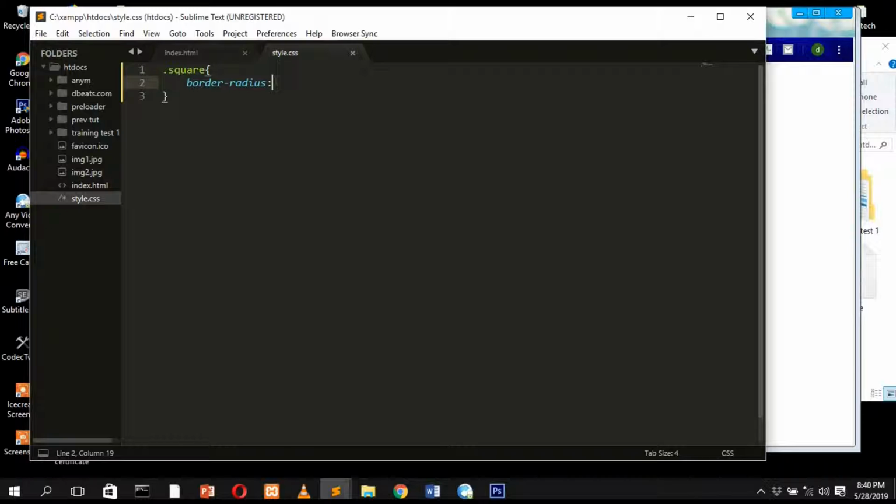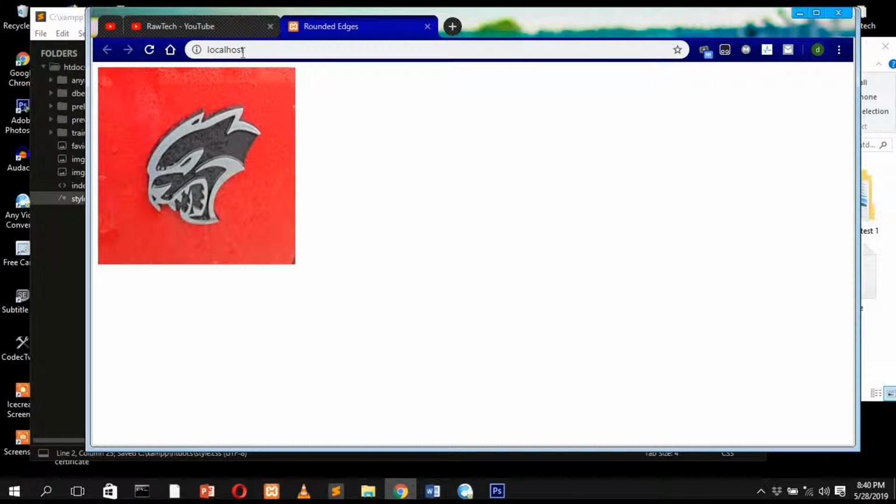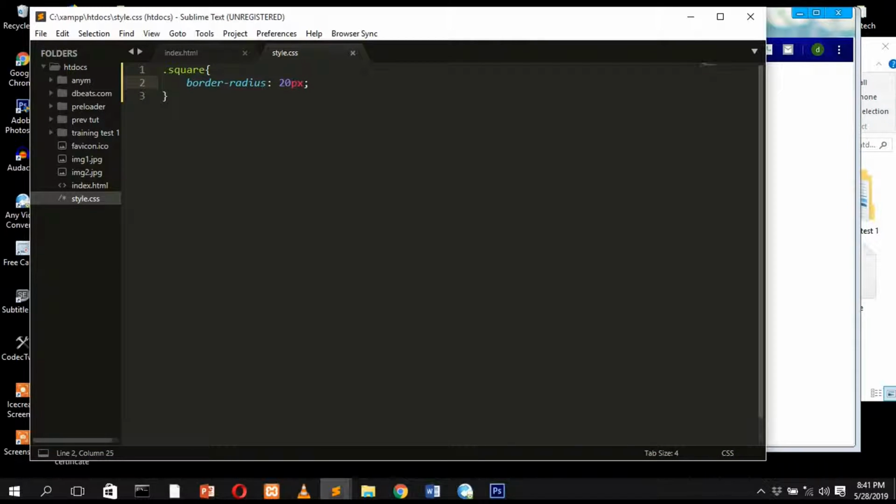To do that, you can just say 20 pixels, and this is going to style every single edge of this picture. If I hit refresh now, you can see we've got some nice curvy rounded edges on this image. All the edges of this image were rounded. Cool, right? But also, if you don't want to round off all the edges, you can